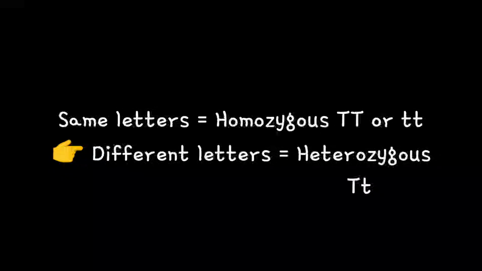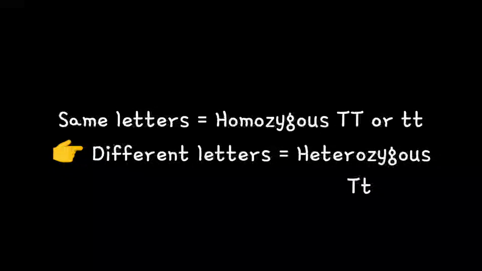सो कैपिटल टी स्मॉल टी हेट्रोजाइगस होने के बाद भी ये प्लांट क्या दिखाता है, टॉलनेस। क्योंकि टी जो है टॉलनेस, जो डोमिनेंट ट्रेट है, वो स्मॉल टी मतलब रेसेसिव ट्रेट को हाइड करने का काम करता है। इसलिए कैपिटल टी इज डोमिनेंट ओवर द स्मॉल टी बिकॉज इट इज हाइडिंग द एक्सप्रेशन ऑफ द ड्वार्फनेस। टॉल इज डोमिनेंट ओवर ड्वार्फ।